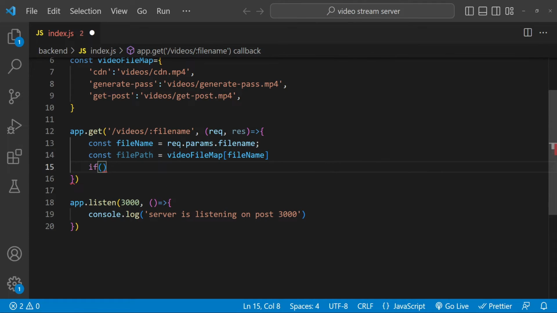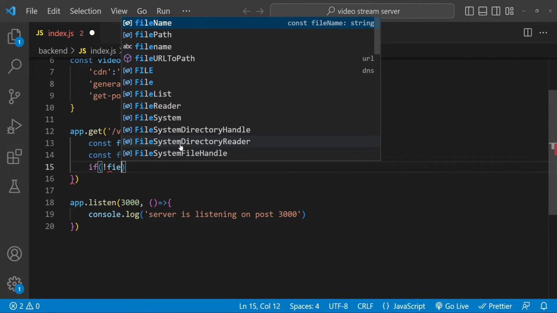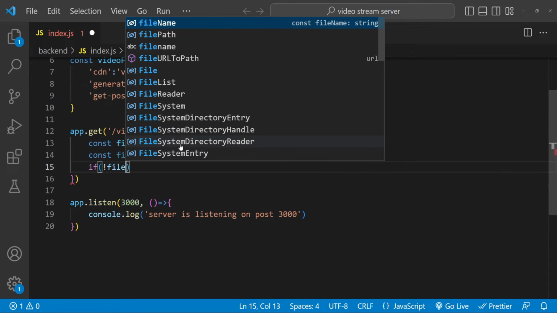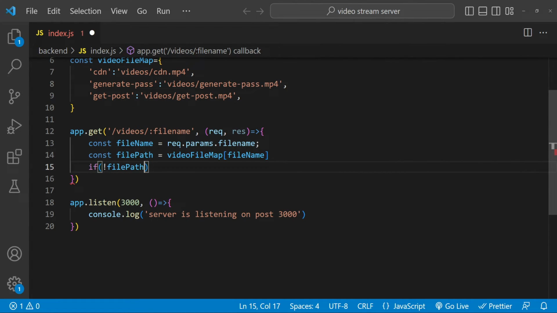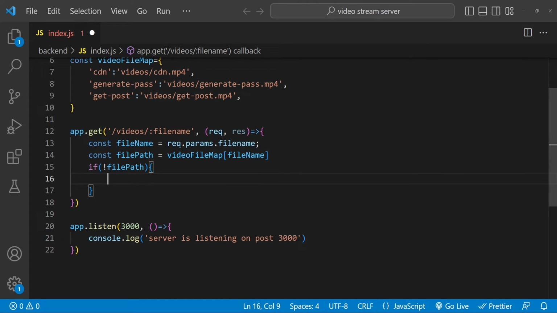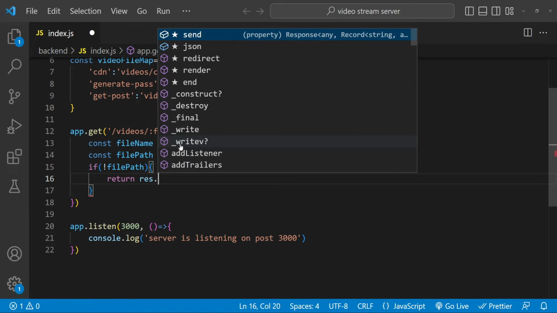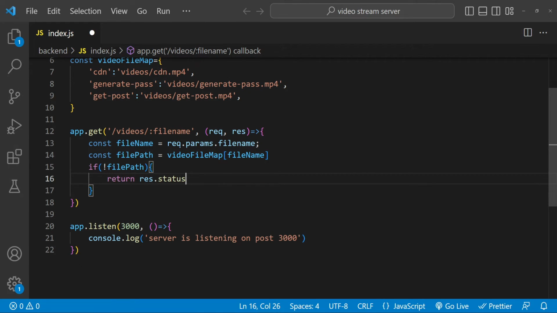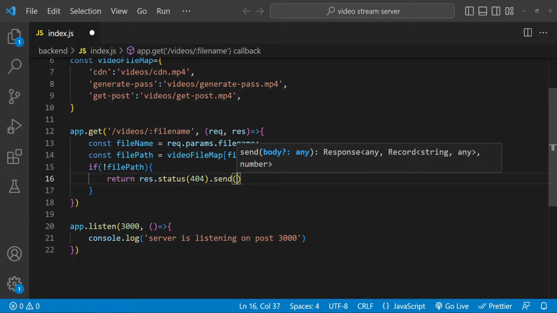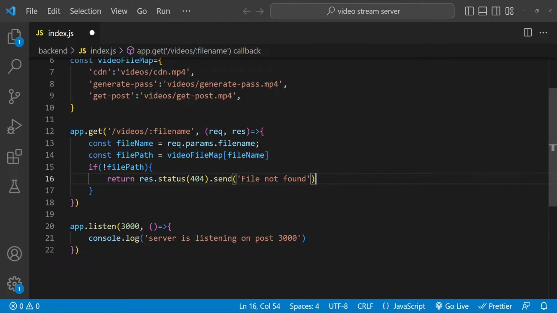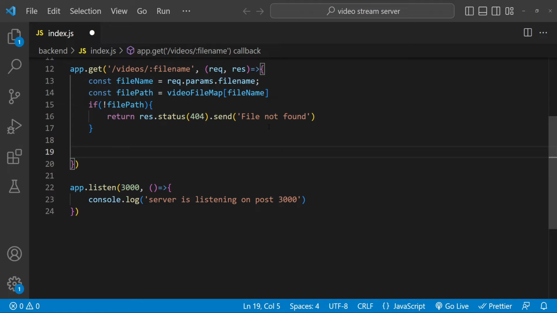And if the file path is not available, then we can provide a status of 404 that the file is not found. So return response.status, which is going to be the 404, and we can provide a message that file not found. All right, so the next thing that we need to do is we need to fetch the stats for our